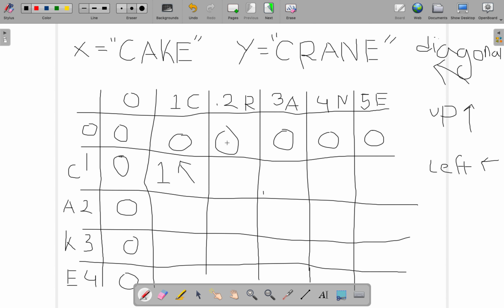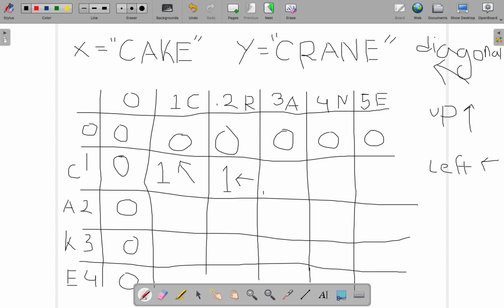We will compare these 2 values, and we will save the one that is higher. The up value is 0 and the left value is 1, right? So between the two, 1 is obviously larger. That's why we will save 1 here, and because we used the left side value,